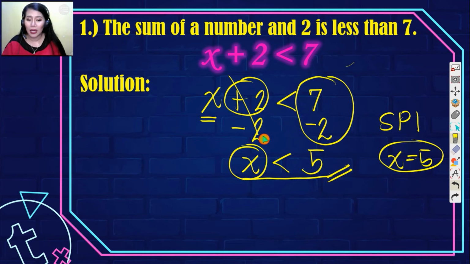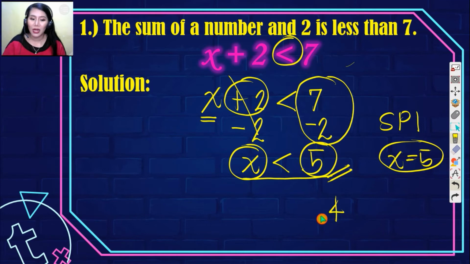Now, this one, hindi talaga siya equation. It's an inequality. So, kapag nakakita kayo ng is less than, ibig sabihin, hinihingi sa inyo kano yung mga values ng variable na mababa sa 5. So, our answer will be mababa sa 5. So, ibig sabihin, hindi kasama si 5. We're going to have 4. Mapapansin nyo kung paano ako magsulat. 4,